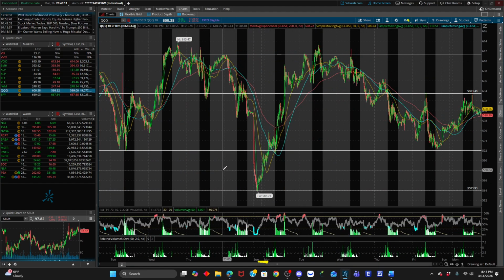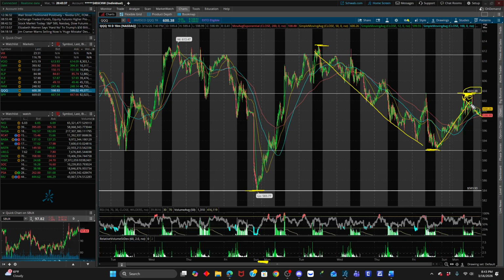Qs, very similar. We got our low of Monday, our high of last week, our pullback, our low of Friday. Today, we had a pop up just like the SPY, almost double top, basically around the same area. We tried to break that level twice, no go. So tomorrow, what are we watching for?